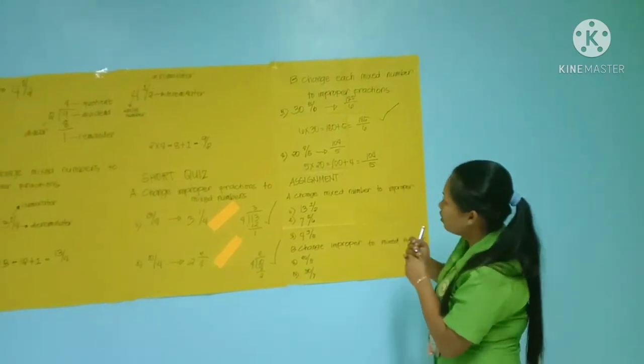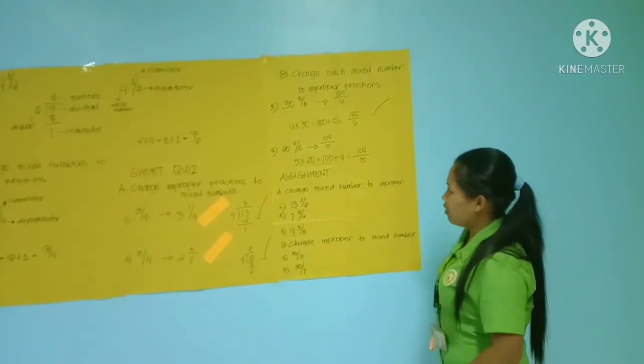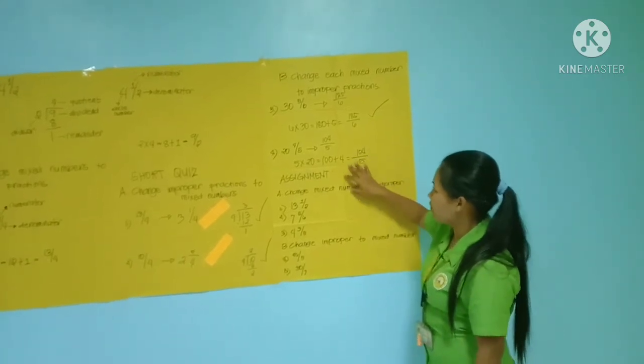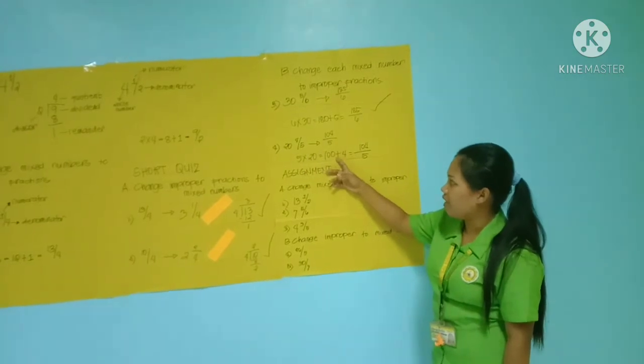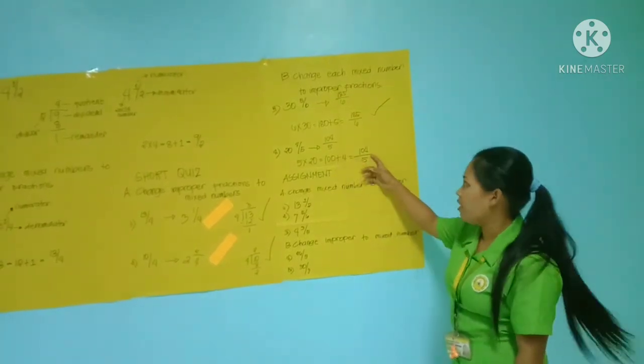Last number, 20 and 4/5. So 5 times 20 is equal to 100. Plus 4 is equal to 104 over